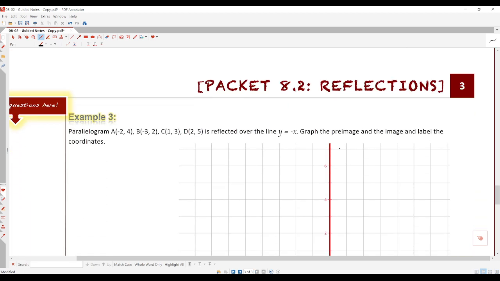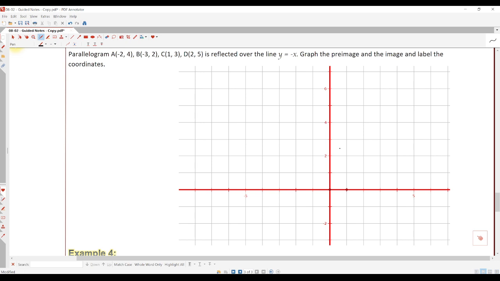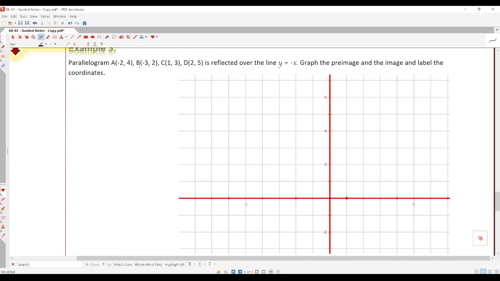Okay? So let's go ahead and do it. So here we go. Parallelogram A, B, C, D is reflected over the line y equals negative x. Graph the pre-image and the image and label the coordinates. Now, one thing I'll do oftentimes